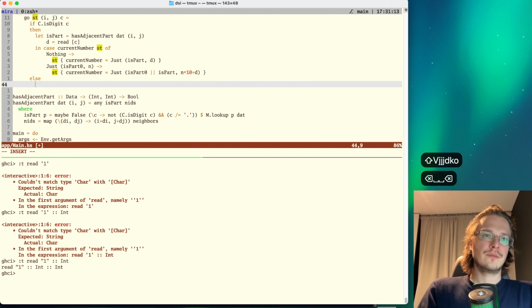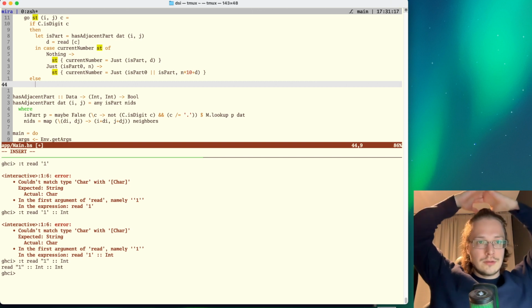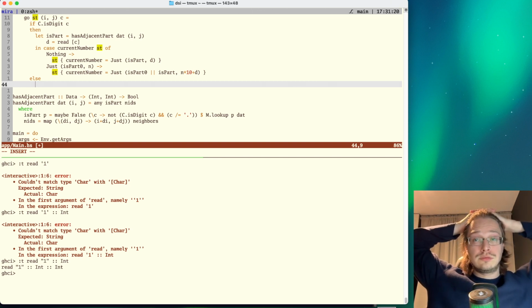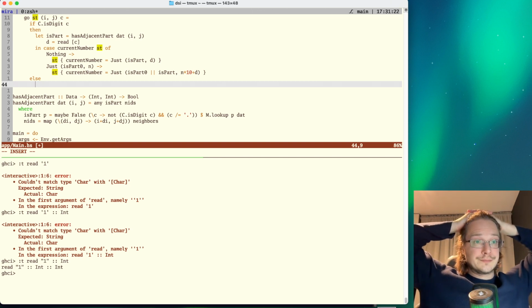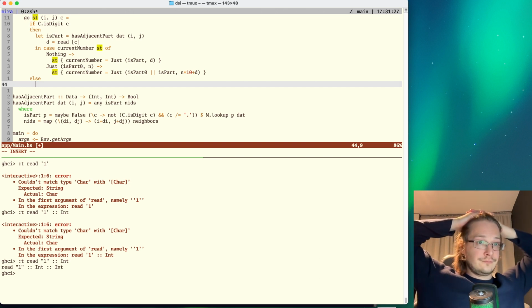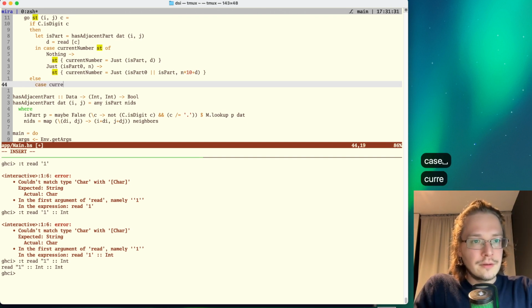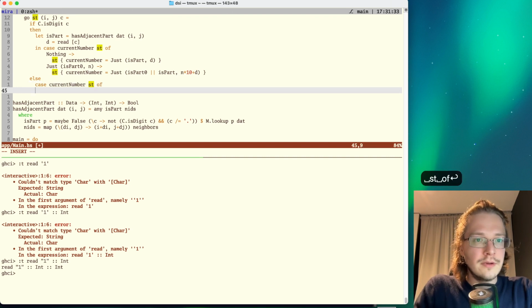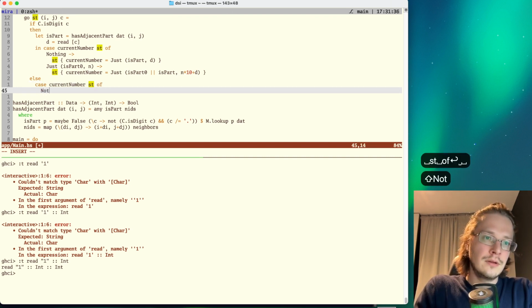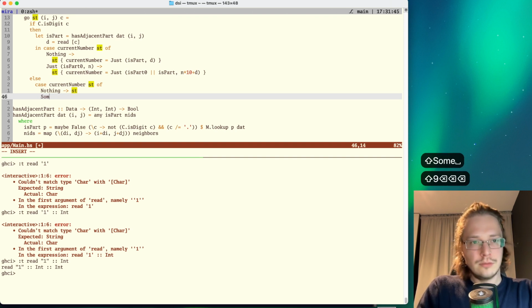Else. So what happens otherwise? Again, we need to deconstruct the current number, st, and in case of nothing, we do nothing, we go ahead. In case of some, just